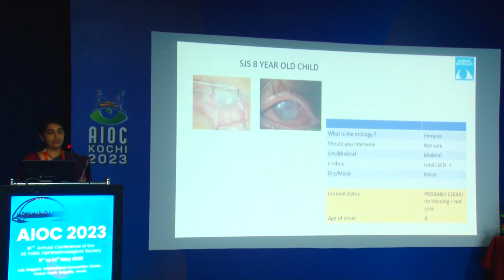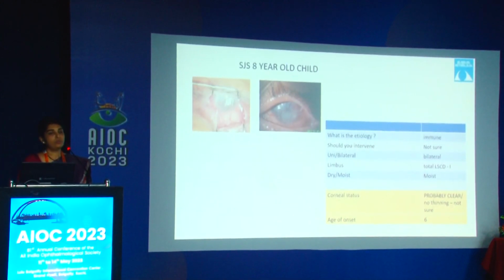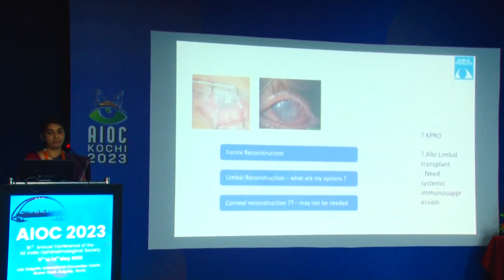So here we are not really sure of what the corneal status is. There is no thinning, but we are not sure regarding the clarity of the cornea. There is a total limbal stem cell deficiency. This is a child, this is a bilateral condition, and you would need to do something for visual rehabilitation, and